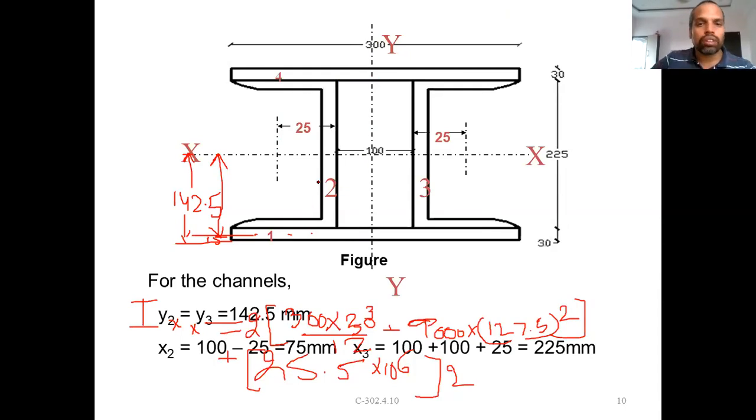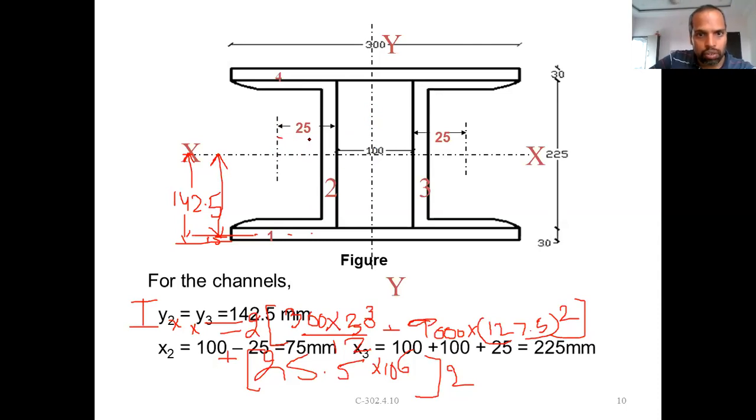Now the parallel axis theorem, because the channel's centroidal axis and the built up section's centroidal axis are here, so they are some distance apart. So we have to apply the parallel axis theorem and transfer the moment of inertia of this axis to this axis, right? That is nothing but your transfer theorem or parallel axis theorem, whatever it is. So the moment of inertia about this axis is nothing but Iyy of the channel section plus A h square, area of one channel into h square.